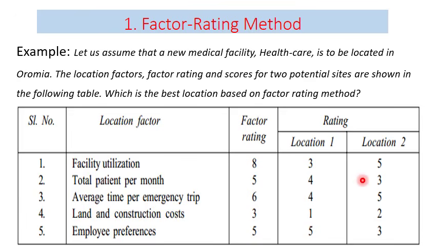And the same is true for location 2. 8 times 5 for location 2, 5 times 3, 6 times 5, 3 times 2, and 5 times 3. And the last step is, after we multiply the weights with the score of each location, the last step is